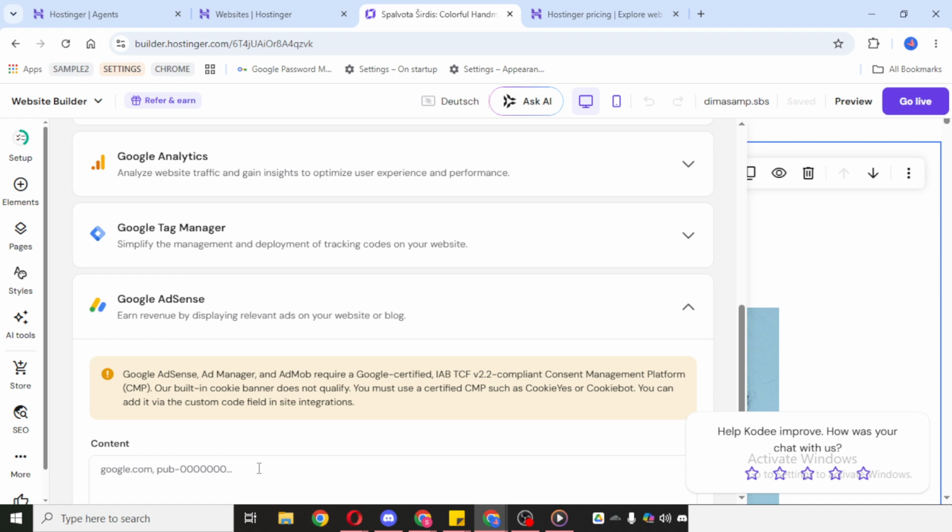After you complete the prompts, your selected integration should be added to your website. That's all it takes to get started. If this walkthrough helped you, you can revisit these same menu options anytime you want to add more integrations and expand your website's features.